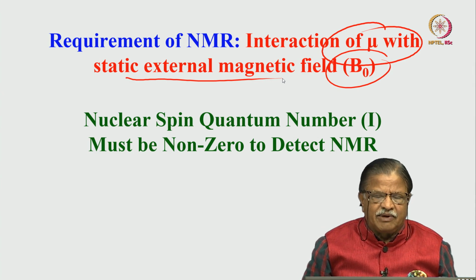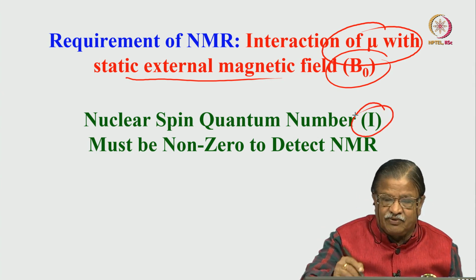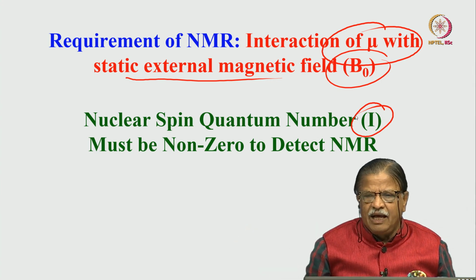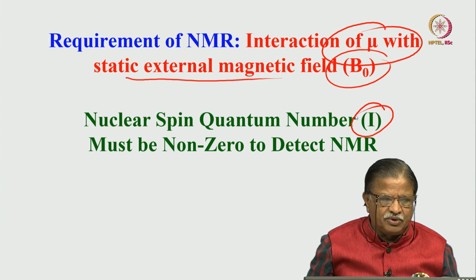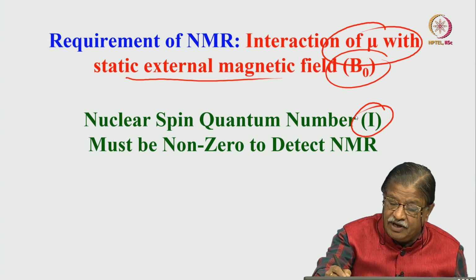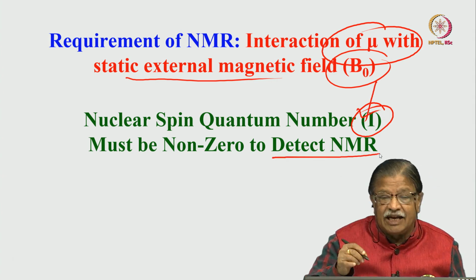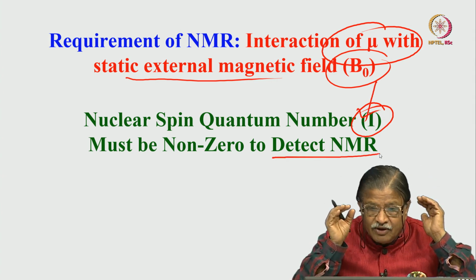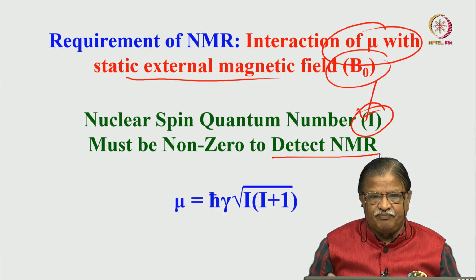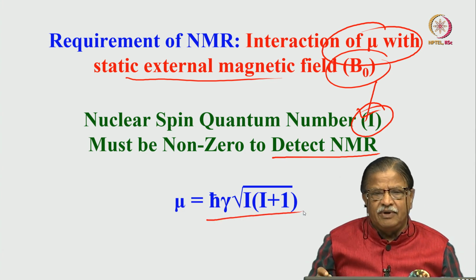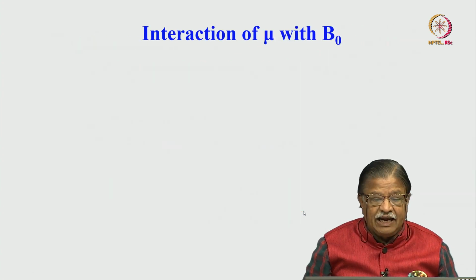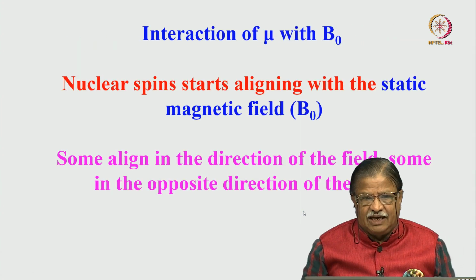So the nuclear spin quantum number I must be non-zero, that is what I said. I told you mu depends upon this I, and if I is equal to 0, I worked out and showed you in the last class that mu is 0. Since mu is 0, there is no NMR. That means I must be present to detect NMR. That is the reason why for a nucleus which is spin 0, there is no NMR. And again I am writing mu is equal to gamma times h cross times the square root of I into I plus 1, and the interaction of mu with B naught,